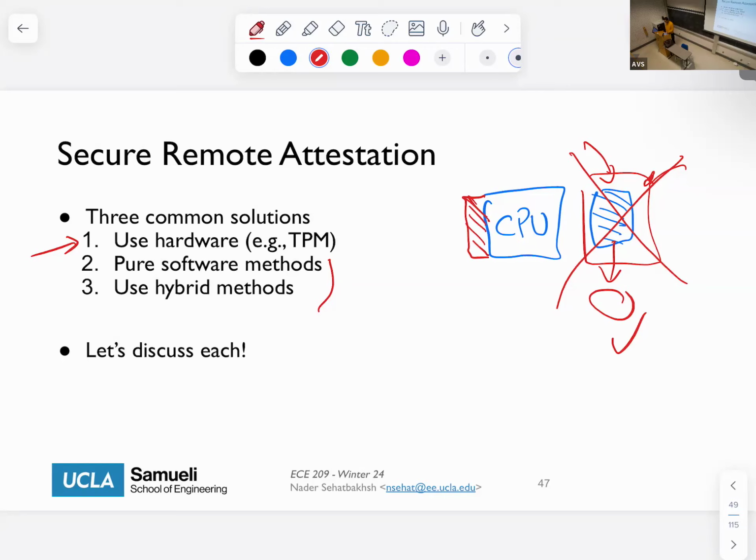And then the combination of this untrusted CPU and the trusted hardware engine could provide this correct evidence that this indeed has not been modified. And this is what we usually call hybrid. The reason that it's hybrid is because it's a combination of software and hardware together. Okay, so let's talk about these two solutions and see what are their advantages and disadvantages